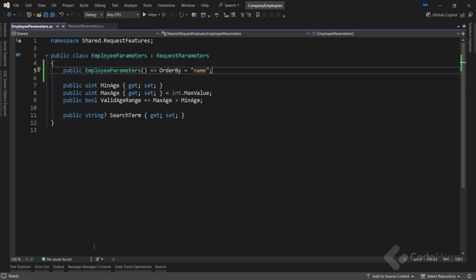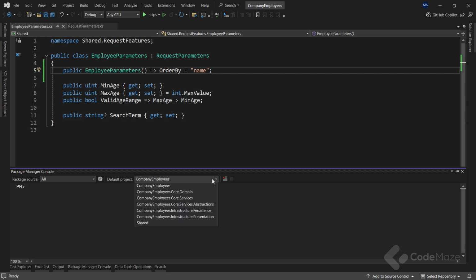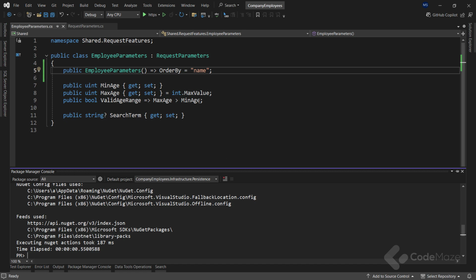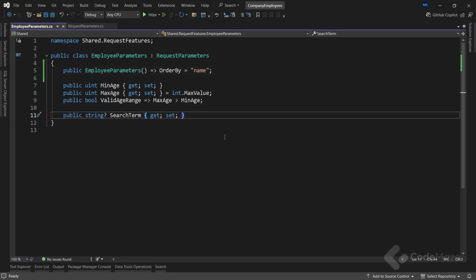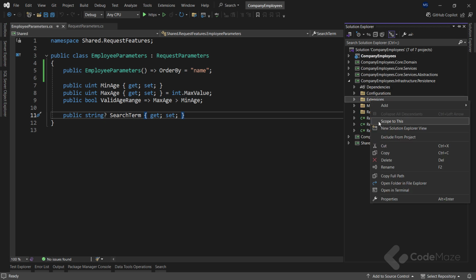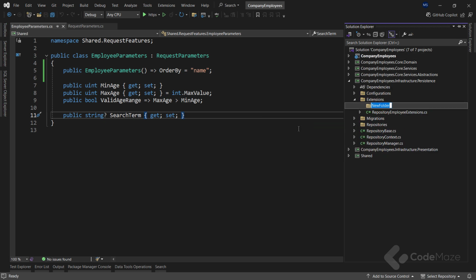Now, for me to be able to implement proper sorting logic, I need one library installed inside the Persistence project. The package name is System.Linq.Dynamic.Core, and I will provide the version here as well. With the package installed, I can move on by creating a new utility folder inside the extensions folder in this project,